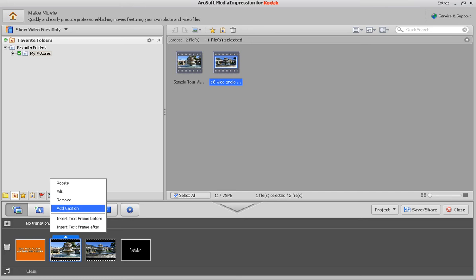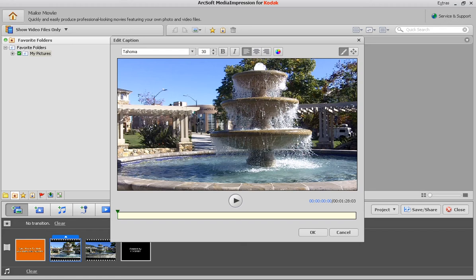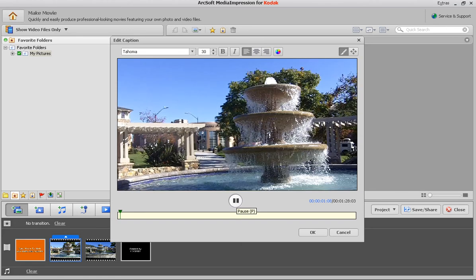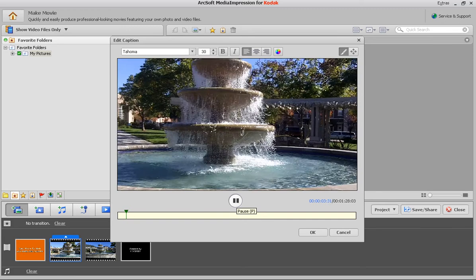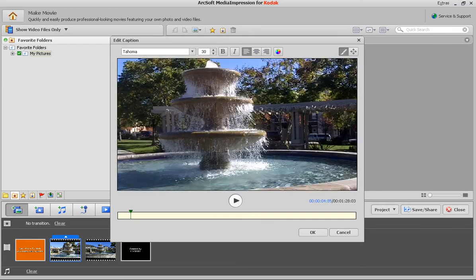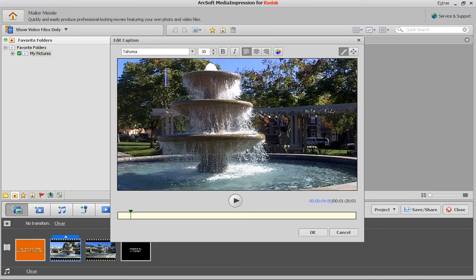You can actually add a caption right on the video. So this is San Alejo Hills where I live, and this is the fountain in the town square. So I could actually put a caption on the video. Notice this, you can play it, and as you play it, it kind of fast forwards through it. Okay, so here's where I want to put the caption. I'm going to go ahead and click right in there, and notice I have Tahoma 30 point selected, so I'll go ahead and type in